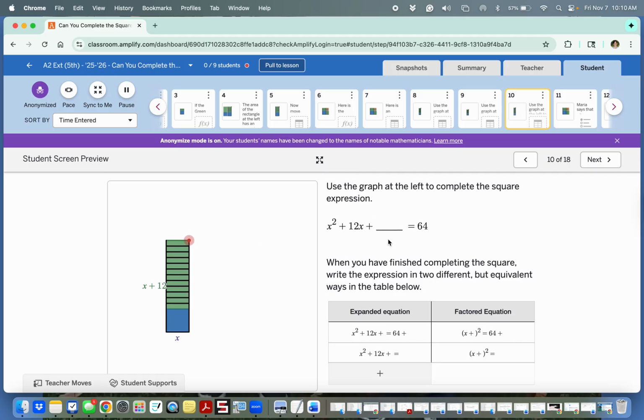Let's look at 10 together, because this is going to show us our balance. So this 64 here, don't worry about it. It's arbitrary. I mean, it's not totally arbitrary. It's going to work out to something nice. But imagine this is your equation, and I'm just trying to represent it visually over here, okay? So the question is, how can I rework this? I've got 12